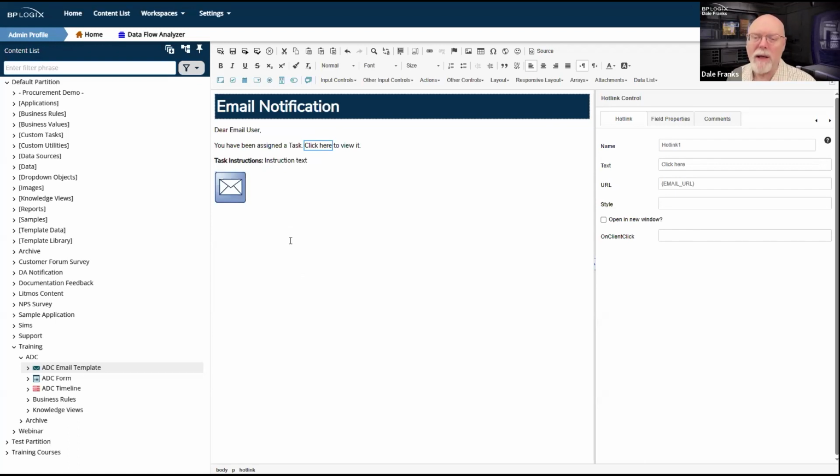Anyway, we need to set up multiple notifications on this email, which means we're going to need multiple embedded sections, and then we're going to have to show and hide certain sections depending on what we're doing. To do this properly, we have to look at our timeline so that we can build up some conditions.